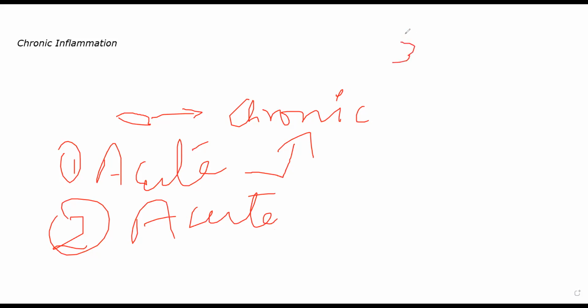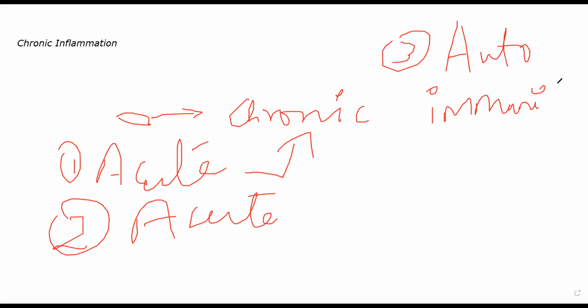Or the third way wherein a person can get chronic inflammation is immunity, especially autoimmunity. Autoimmunity is a special condition in which your own immune cells are attacking your cells. ठीक है, आपके WBCs, आपके immunoglobulins, they start attacking normal cells in your body. They think that your normal cells are pathogens and they'll start killing your cells. That is when chronic inflammation can occur. ठीक है, autoimmune disorders जो बोलते हैं वो इसमें ही आता, chronic inflammatory disorders.